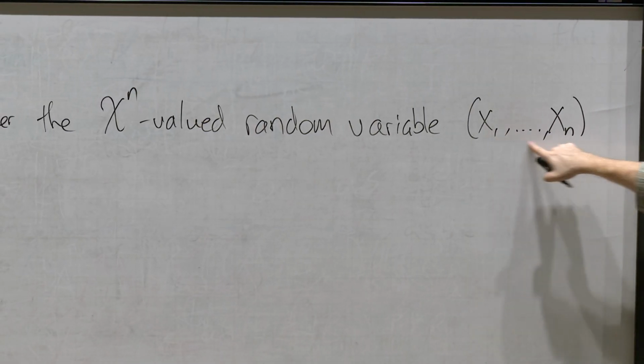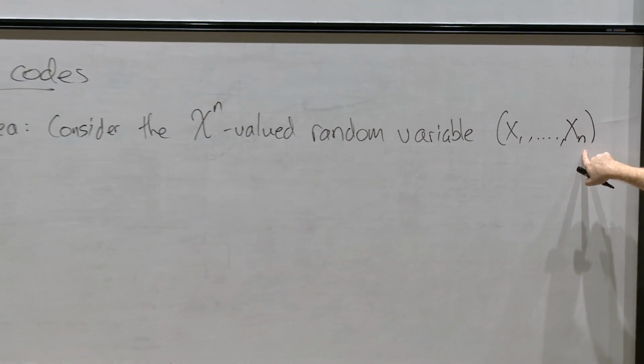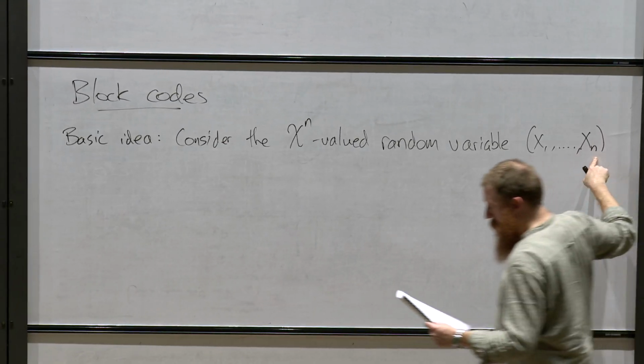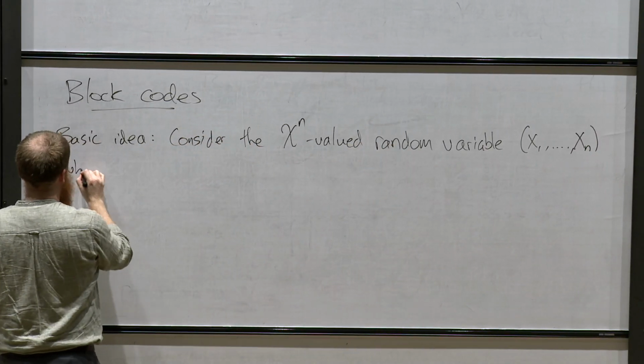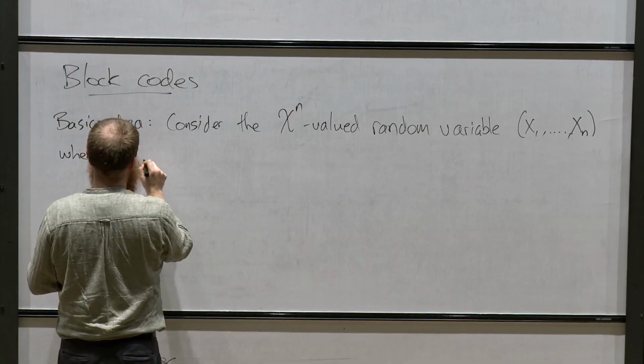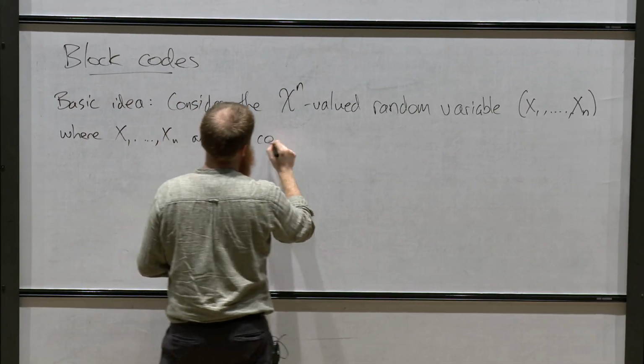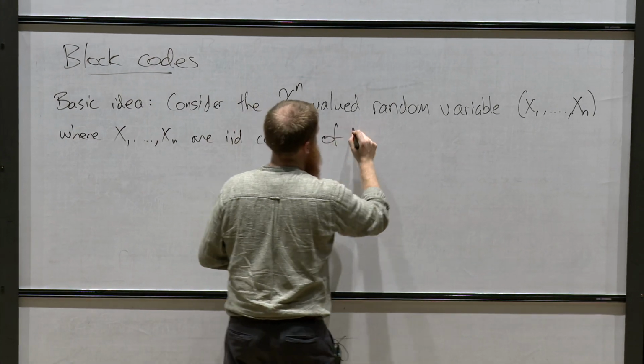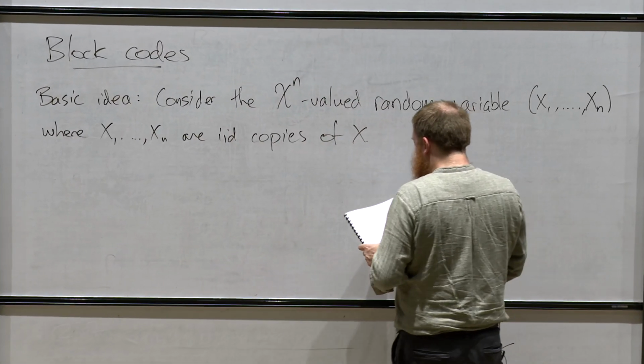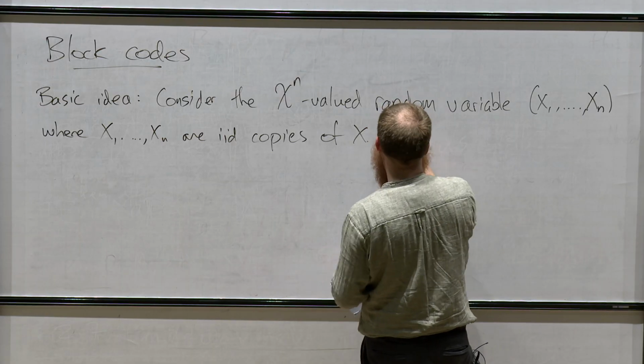So I'm going to take n terms and encode them simultaneously. Okay? Where X1 through to Xn are IID copies of X. Okay. Then